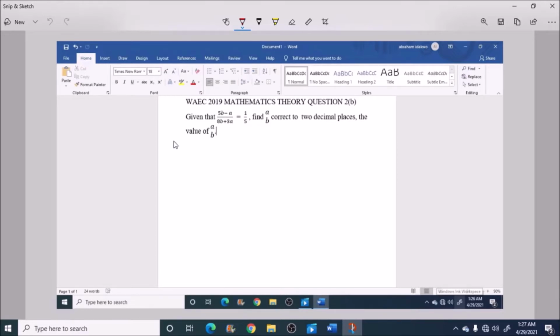Okay, so let's divide the numerator and the denominator by b. So that means we have 5b over b minus a over b,